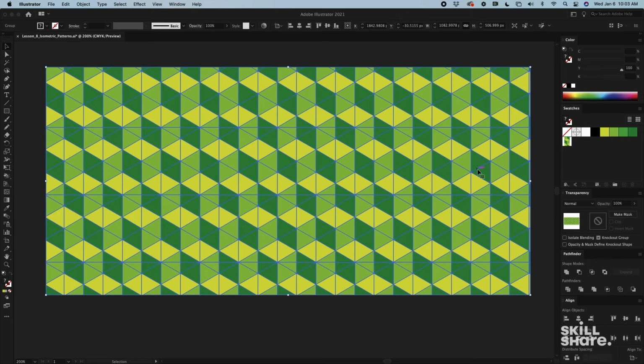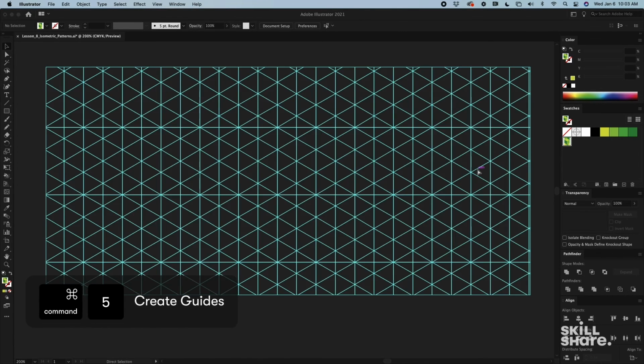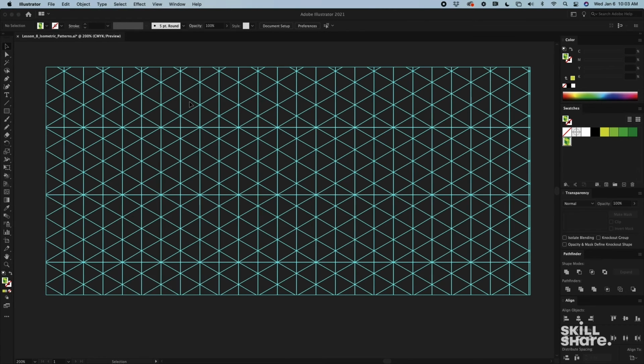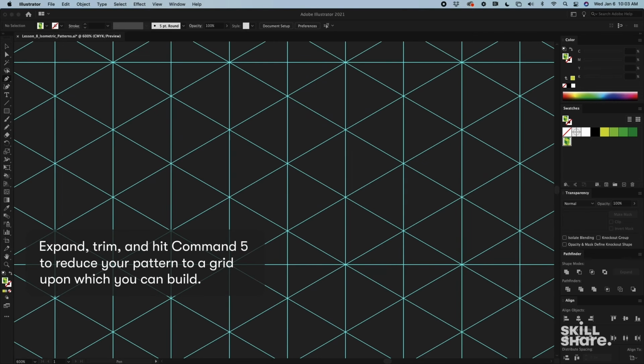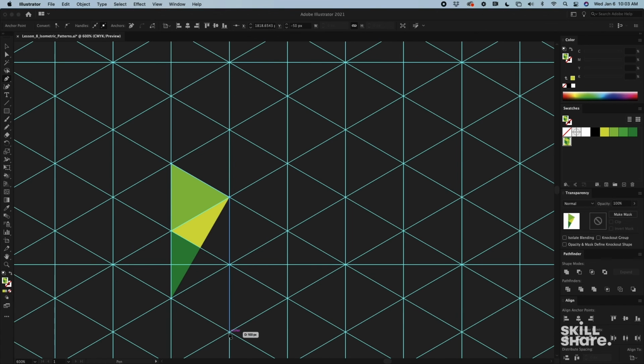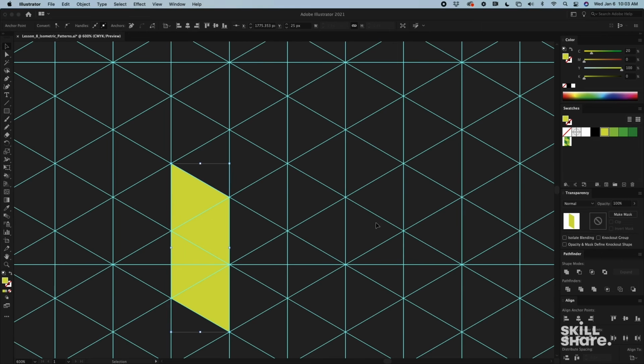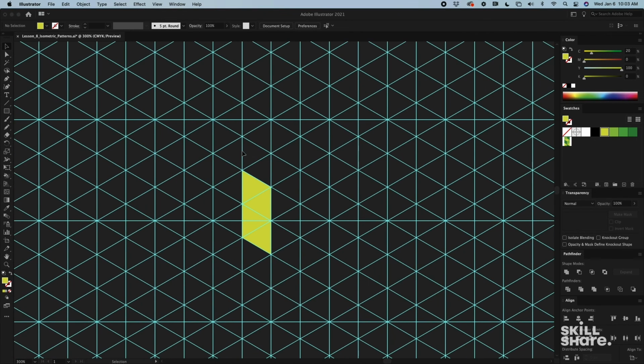And a quick and easy way to turn this into an actual grid system that you can illustrate on top of is just to press Command 5. And what that does is it takes everything that was there and it's no longer fills, and now everything's been turned into a guideline. And this is a really quick and easy way to just start illustrating, let's say an isometric city by using these as guides. And rather than using cubes, I can make more shapes other than a cube. I can make a little skyscraper, but this is a great start to an isometric illustration to use as a